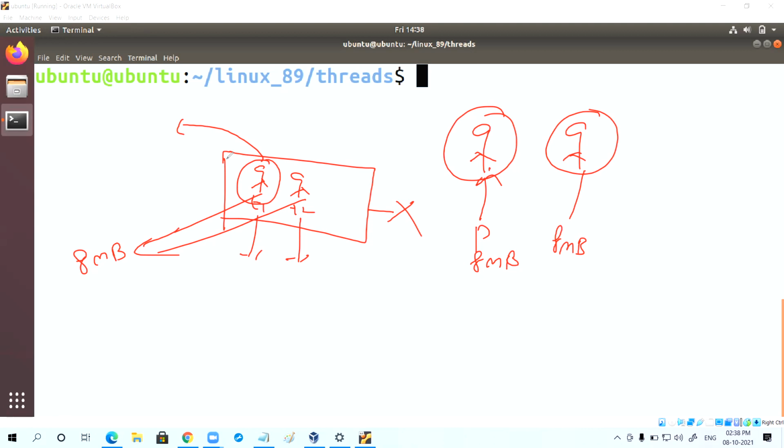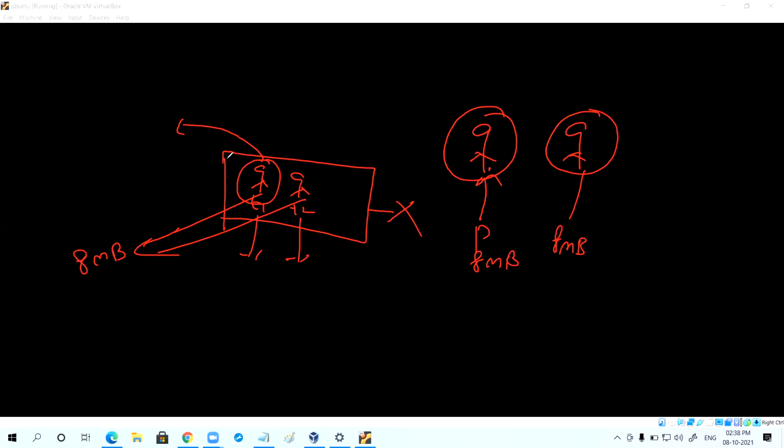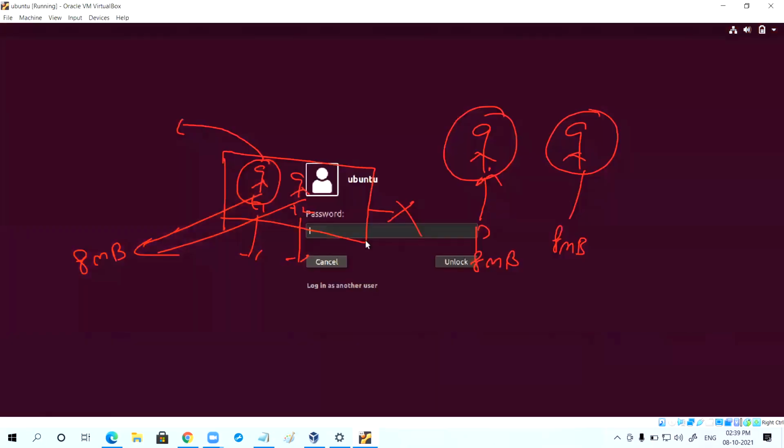So then memory shortage will come. Is that point clear? This is about threads. If you want more information, you can go through our material or additional information. Is it clear? So this is about the thread concept.